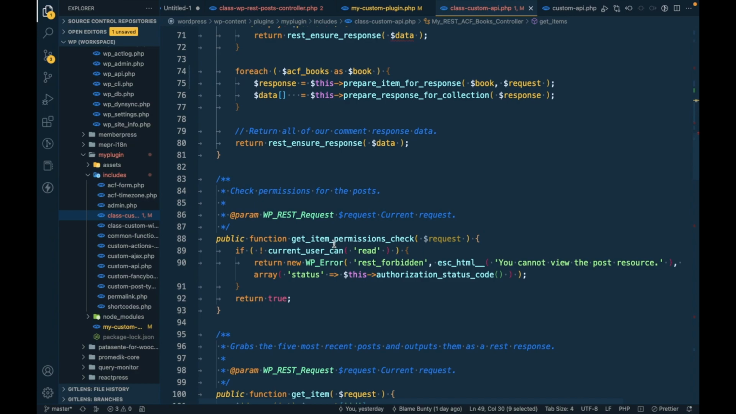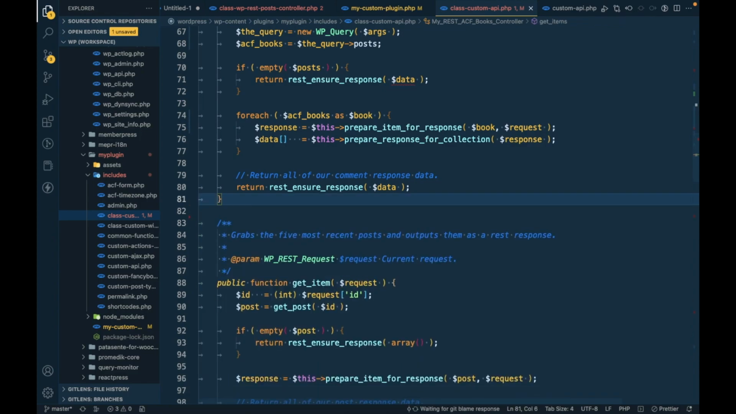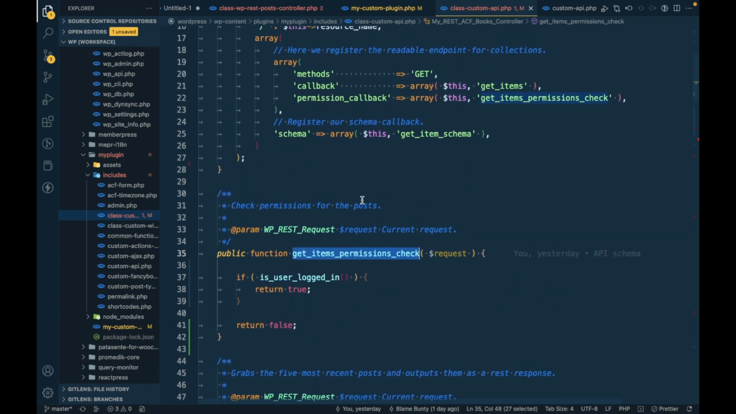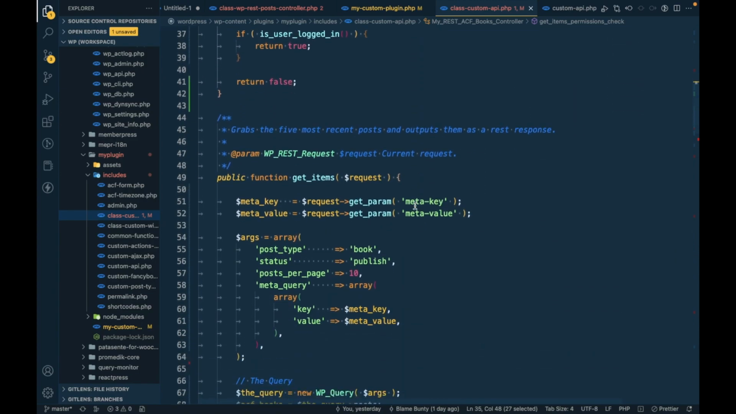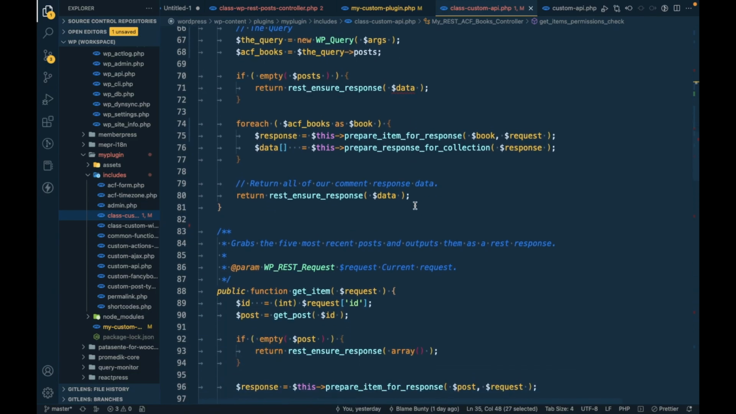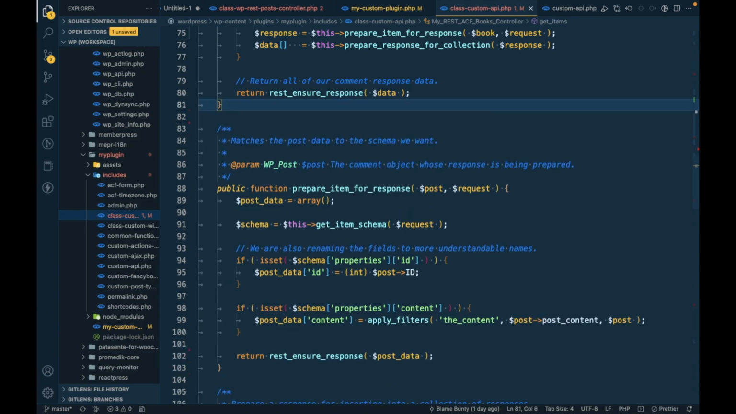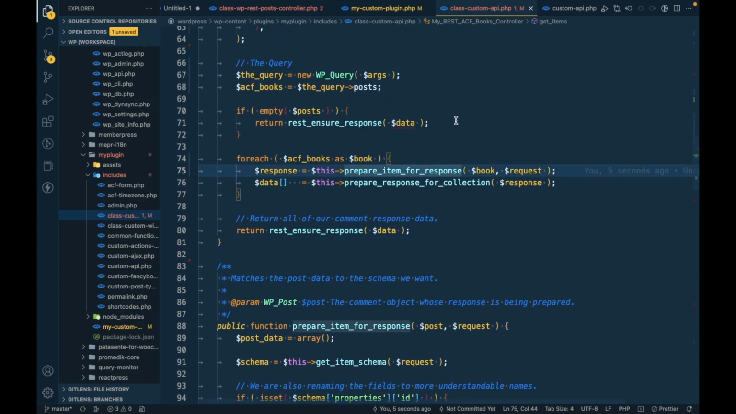Then get item permission check. We don't need this function. We already have this get items permission check, which is this. Sorry about that. And we don't need this function as well. This is for another REST API. Okay. Now this prepare item for response,